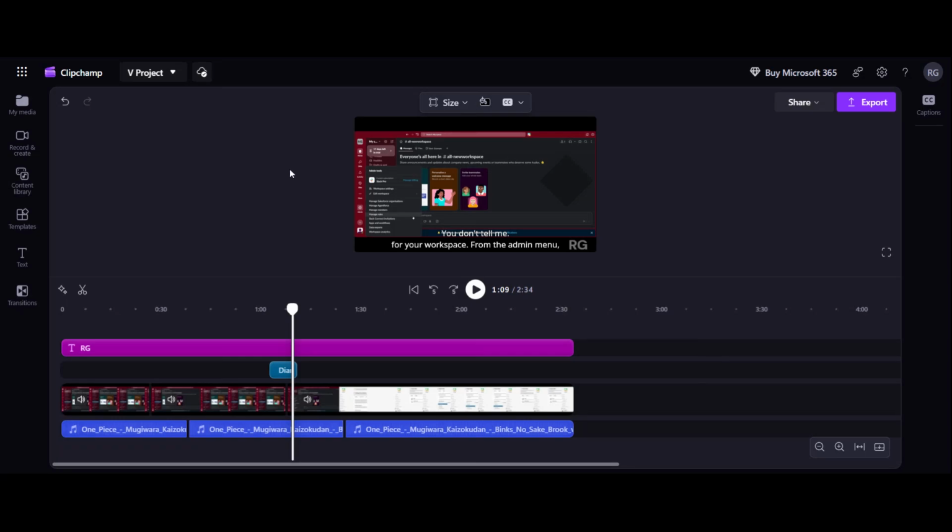In today's video, I'm going to show you exactly how to remove audio in Clipchamp quickly and easily. Whether you accidentally added the wrong audio file, imported background music you no longer need, or simply want to clean up your project, this step-by-step guide will walk you through the entire process. By the end of this video, you'll know how to safely delete audio from your Clipchamp project without affecting the